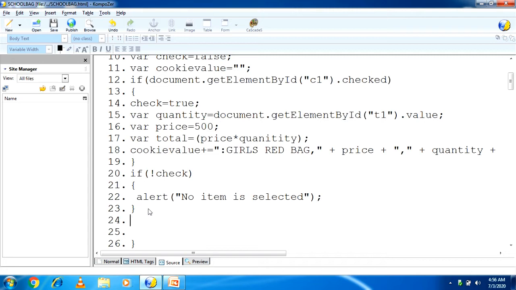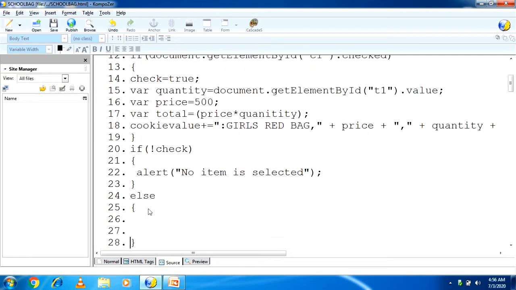Okay student, now if he did it perfectly, then in the else part we have to write here document dot cookie equal to cookie value. It means, student, if the user checks the checkbox, then the checkbox should be true.